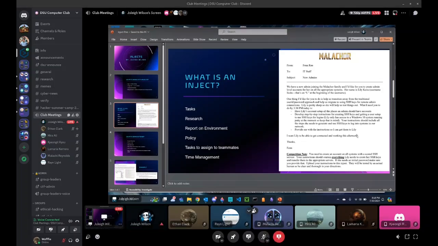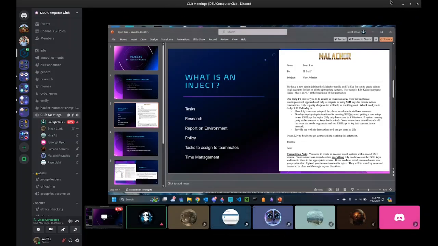Note for stuff like SSH keys, that will continue to be checked throughout the competition, and those points will continue to go into this inject. So that can also add to, like, if a service is down. We had times where SSH was down when they were checking it for the inject as well.